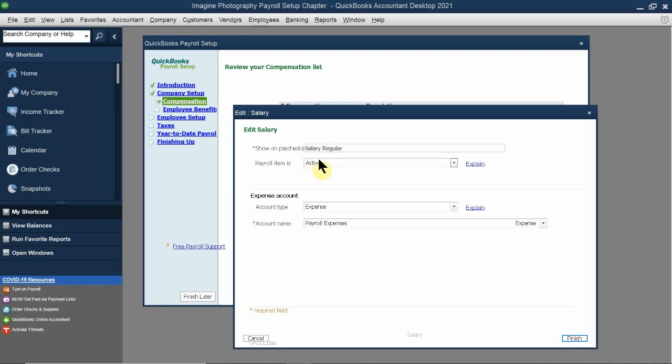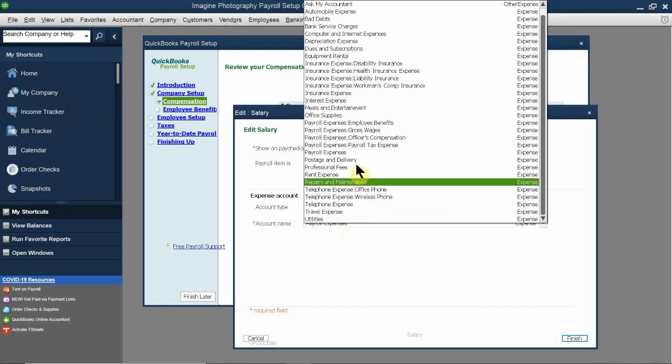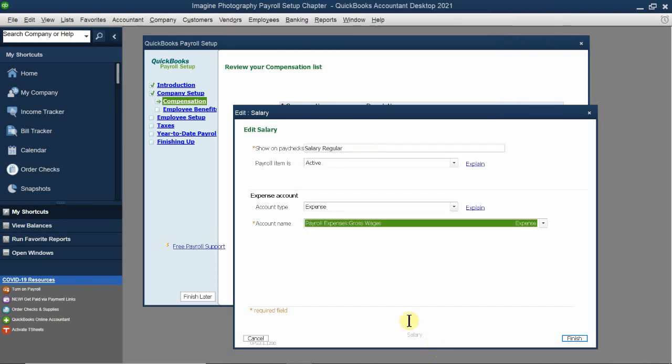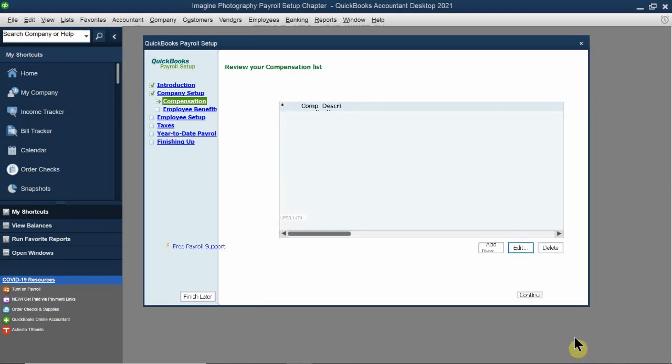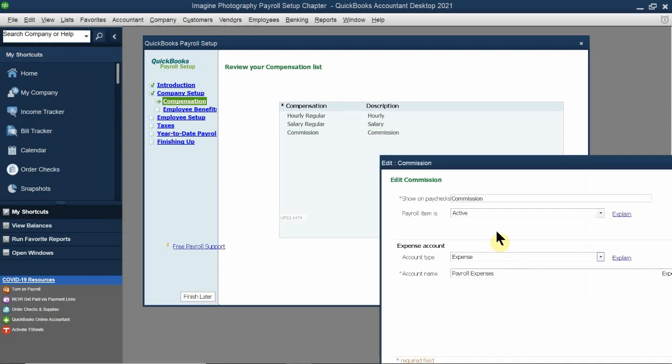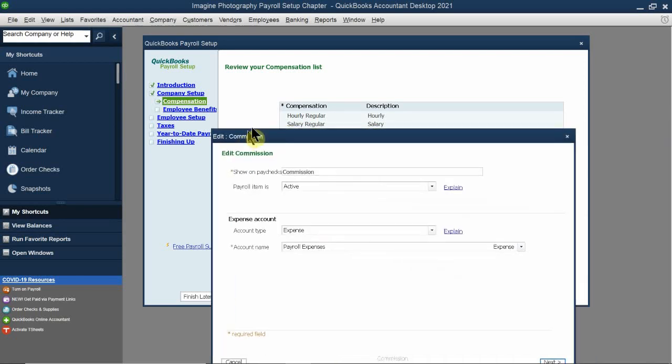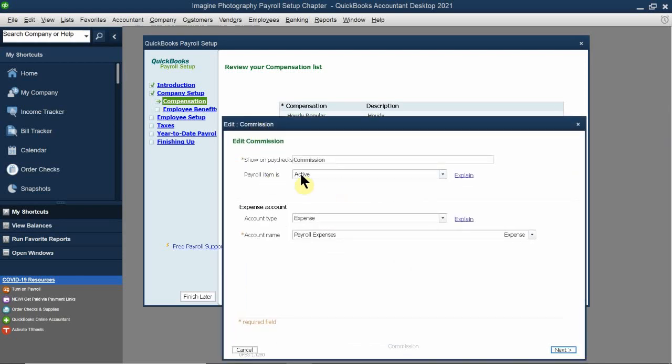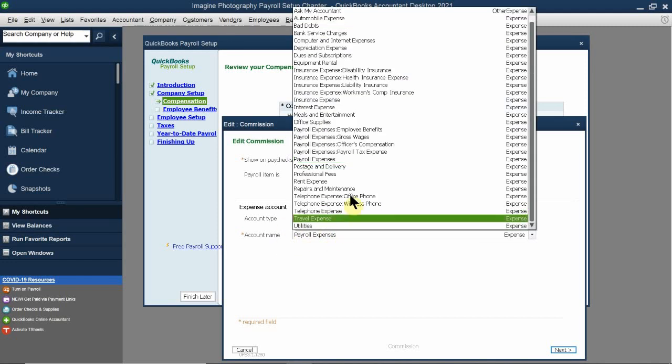It is an active item, right? We will be currently using it. It's going to be an expense account, and I want this once again to also be gross wages. Okay? And then next or finish. And then here's commissions. So once again, I'm going to edit this information, right? We're going to leave commissions the way it is. It's going to be active, and once again, it's going to be an expense, and we want this to be